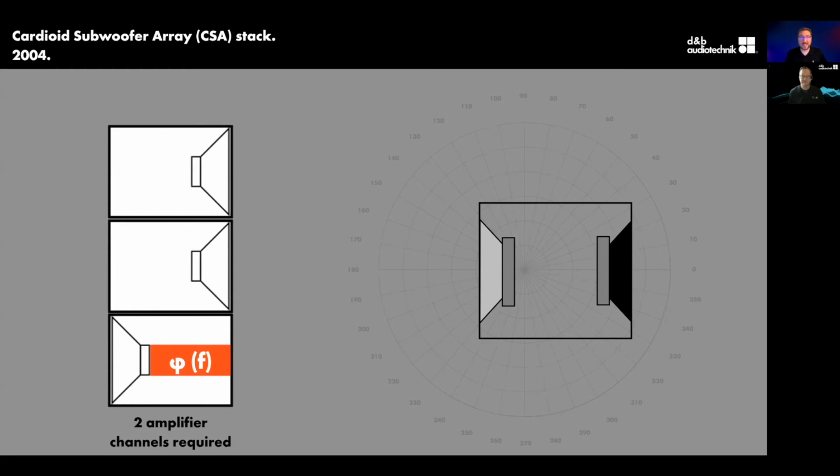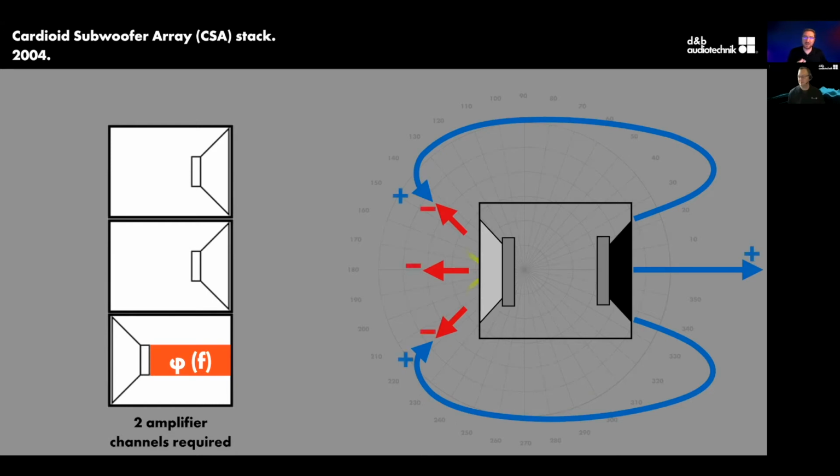This is a first attempt at low frequency directivity, and this was 2004. In this case, we took 3 cabinets, 2 amplifier channels, and we turned one of those drivers around. And then we put an all-pass filter on that so that we could control on a per frequency basis delay times. That allowed us to delay the energy coming out of that rear firing driver so that the sound arriving from the front as it wrapped around to the back arrived at the right time and in the right phase relationship to create a cardioid polar pattern.